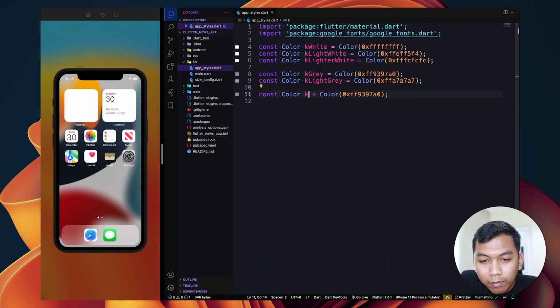The other one is blue. Change the hex code, and this is translated from the design, so you can feel free to check one by one.